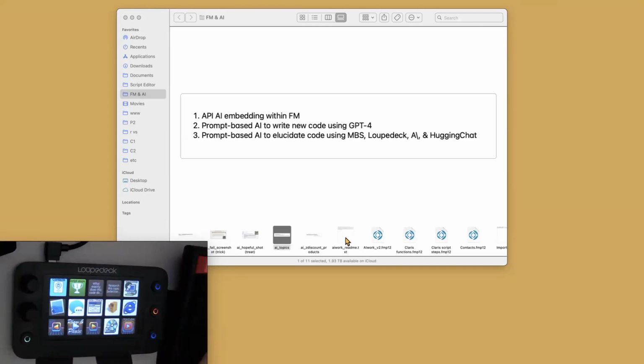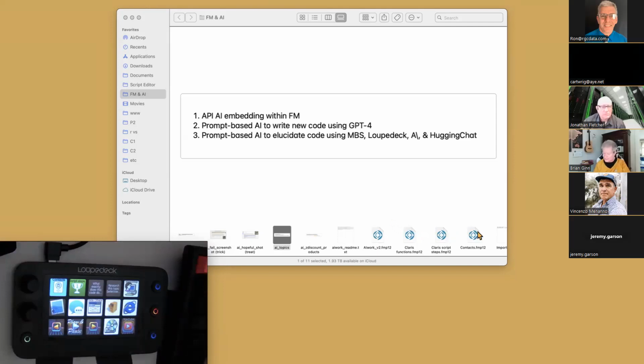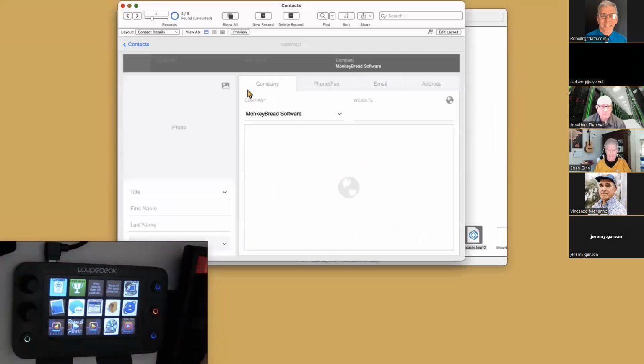What I had stumbled upon about a month ago was this. This is the very stock FileMaker template for contacts. When I was working with a client's file, I'm going to simulate it here with this.